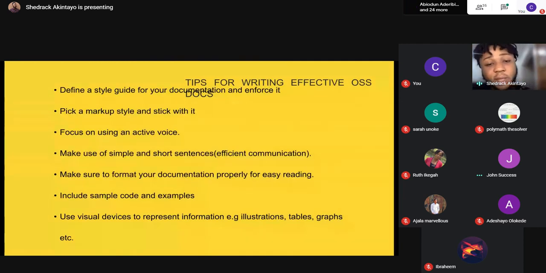The next thing is to pick a markup style and stick with it. Markup style in the sense that your documentation could be markdown, it could be regular text, it could be anything. Just make sure that you pick a particular style of writing and stick with it. Make sure that you enforce it across your